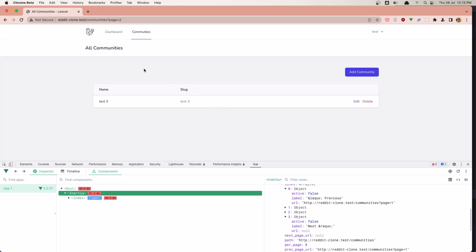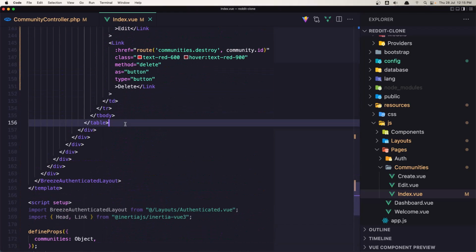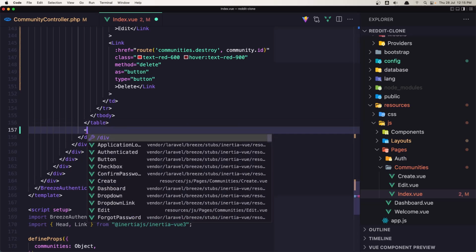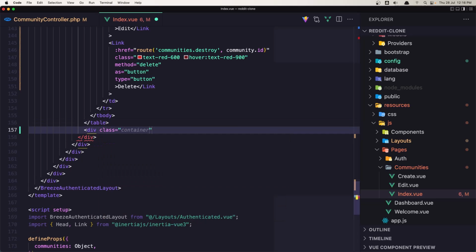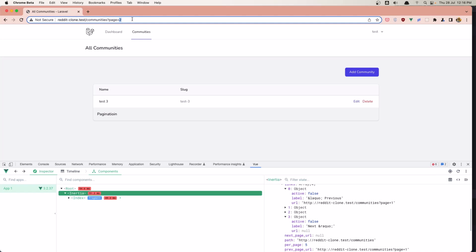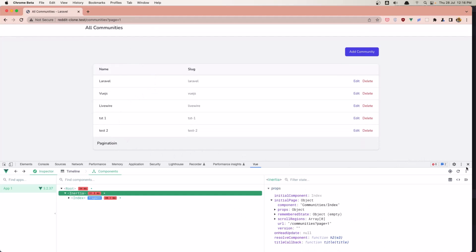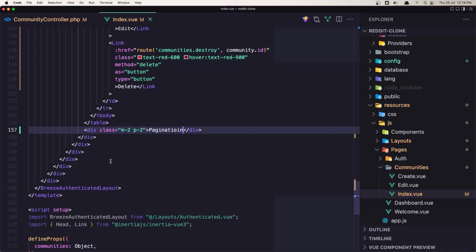Now if I go here, after the table, let's add a div with class margin 2 and padding 2, and say here is going to be the pagination. Let's save. Yeah, it's going to be the pagination, and let's go back to the first one. Okay, now to make a pagination,